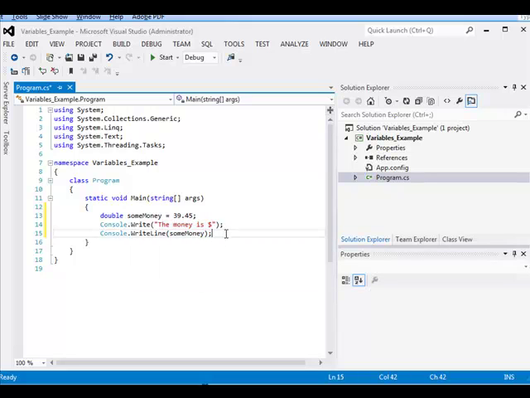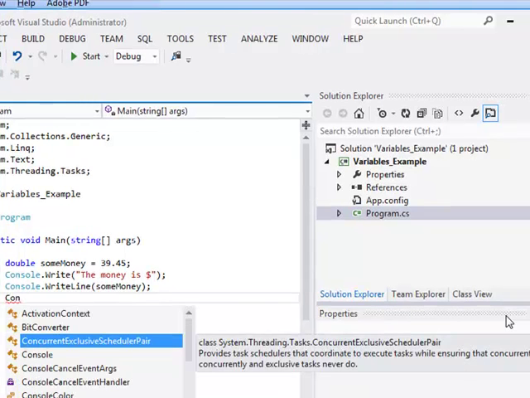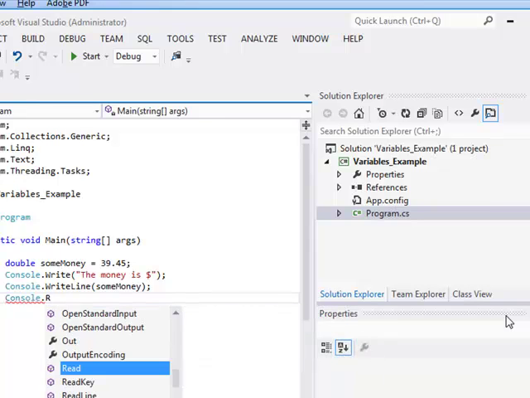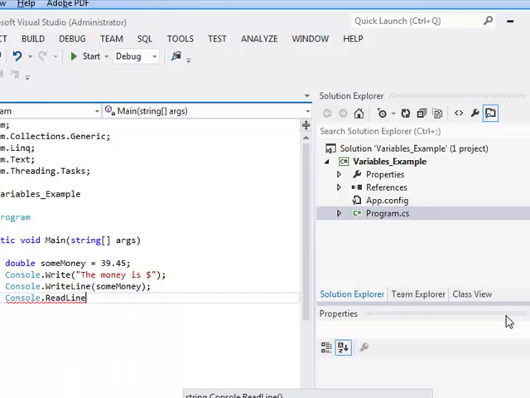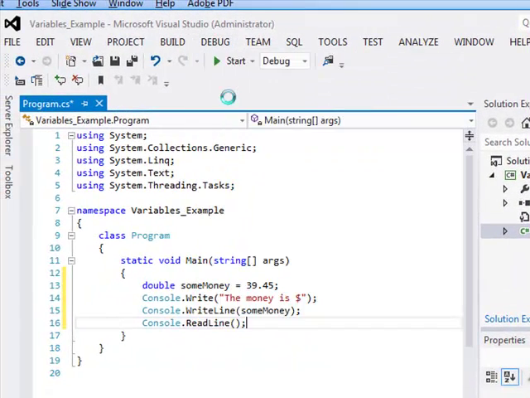So here's some questions. Why write, and why write line? Why is this one in double quotes, and why is this one not? Well, let's go ahead and run this. But before I do, how about if we do this? Okay, so you know what that does, right? Debug, start debugging,